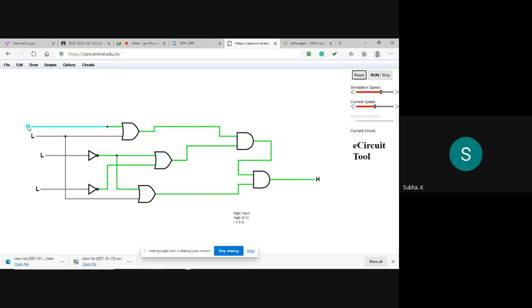Like this one that I am pointing, I have taken as A. This one I have taken as D. Okay, I will try to put some text box or something if possible.